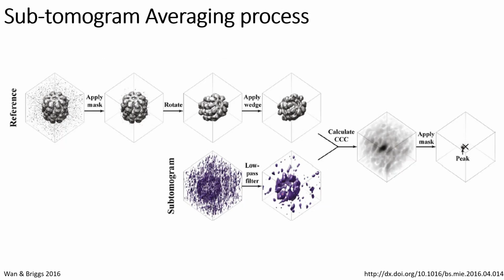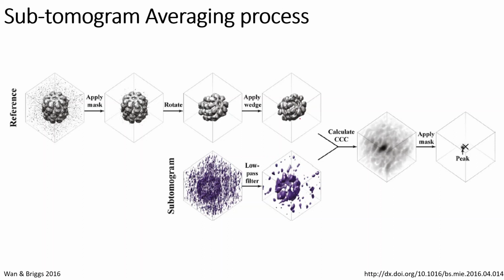This is just one of the implementations, how you can do it. You have your reference, you apply a mask on your reference, rotate your reference to one of the orientations that you are interested in, whether it fits or not fits the best with your sub-tomogram. You apply the missing wedge on this reference, and then you can cross-correlate your sub-tomogram, which is correctly